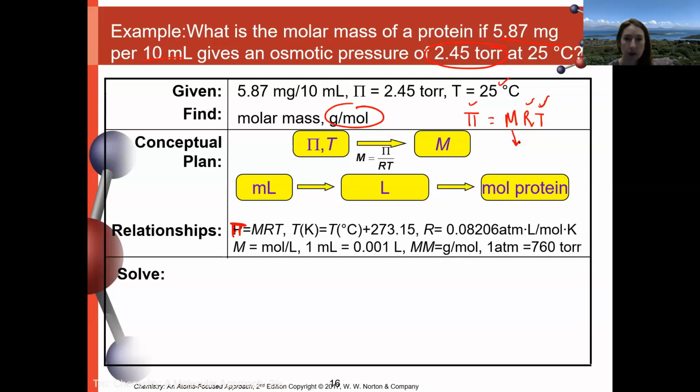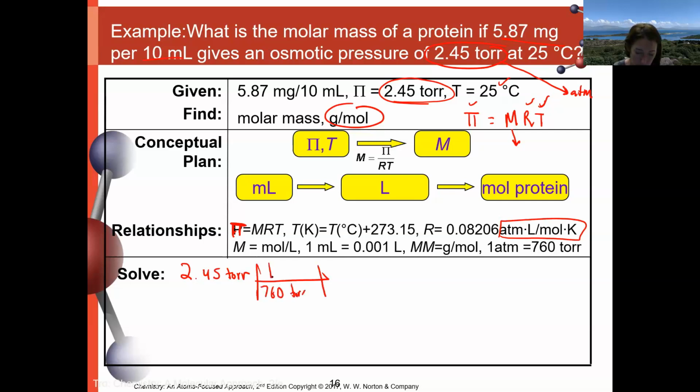All right, let's just try that first part. So important here, look, they gave us a torr. Remember, whenever we use R, it needs to be atmospheres, liters, moles, and Ks. So that has to go to atmospheres. 2.45 torr. And again, 760 torr in 1 atmosphere. I don't think I did this one because I don't remember. Usually I remember. So 2.45 divided by 760,